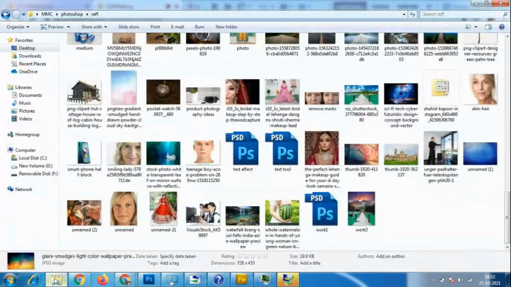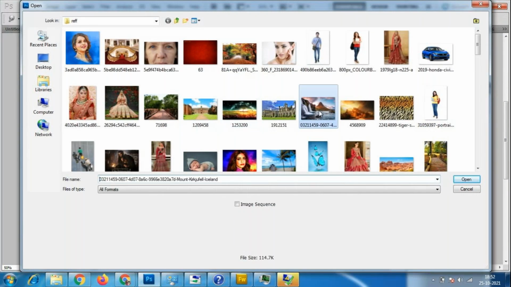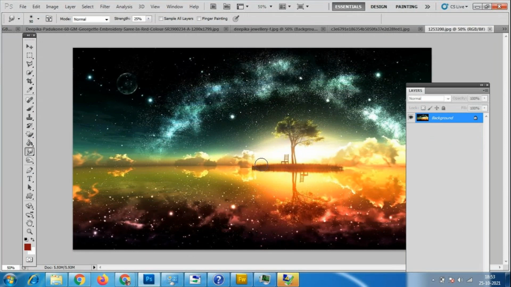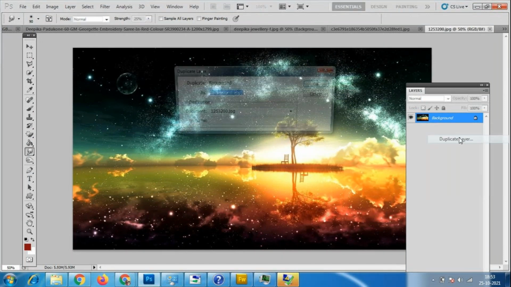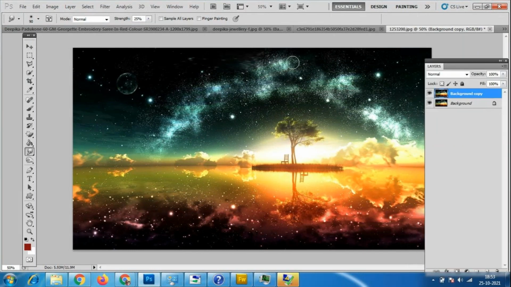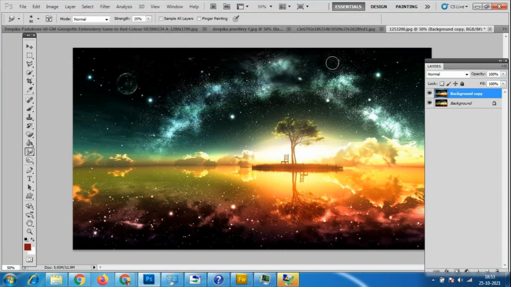See, the smudge tool, you can use it anywhere, any kind of scenery. Suppose I'm taking this cloud or any image like this, you can use it for anything. Even for this landscape image, I'll take a duplicate copy of this. See, now it looks like a photography effect, right? Now I want a painting effect on this. So I'm using a little smudge tool, and afterwards I'm using the filter effects for this. If you use the smudge tool and it is not clear, give me 1 second.